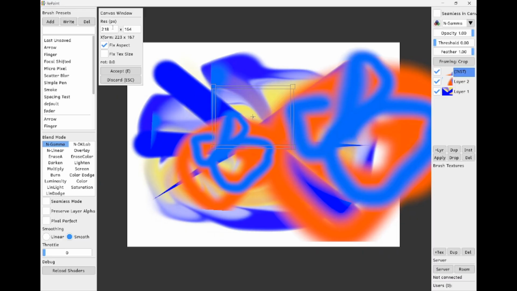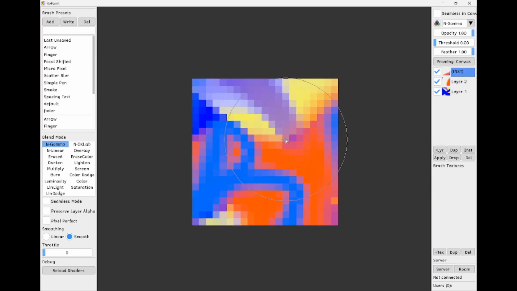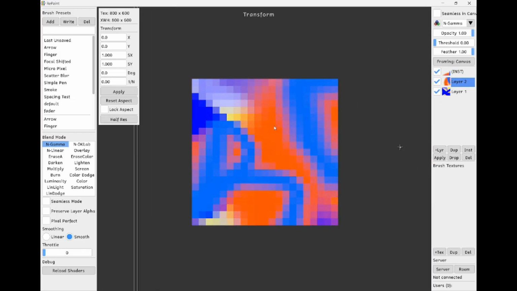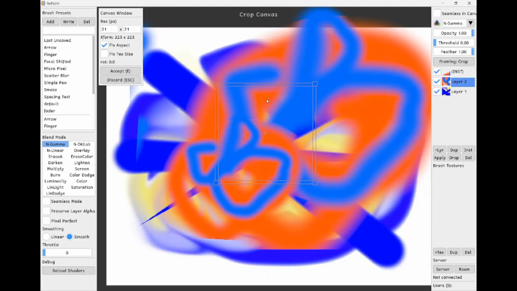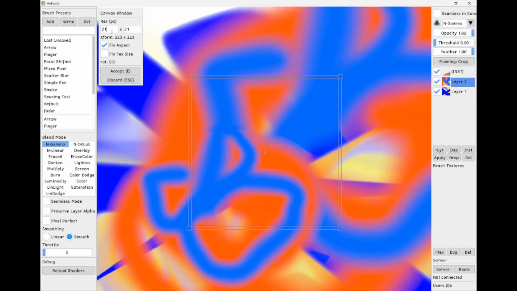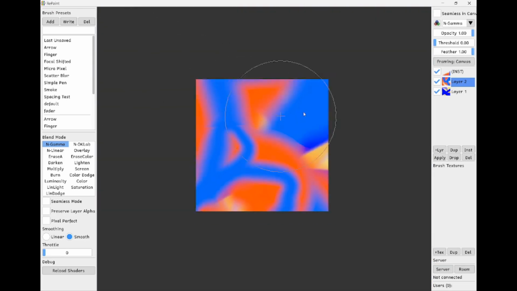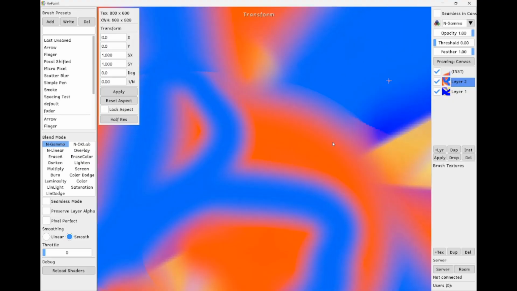So I can define the transformation and what resolution it should be, and we are scaled to a couple of pixels again. I can move these layers and still all of it is non-destructive. I can get back to the cropping and say, okay, I want 2000 for my size,